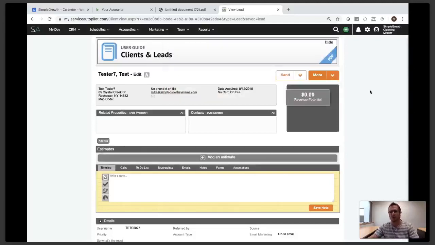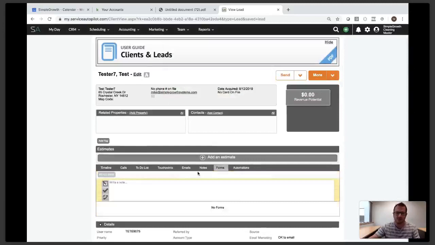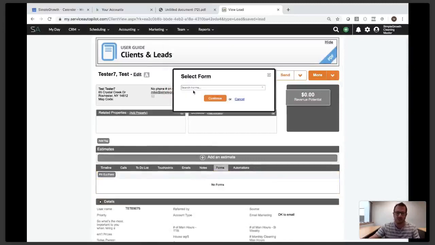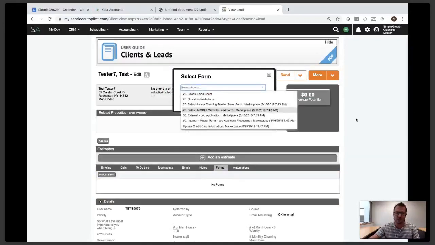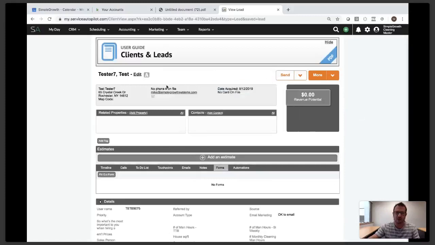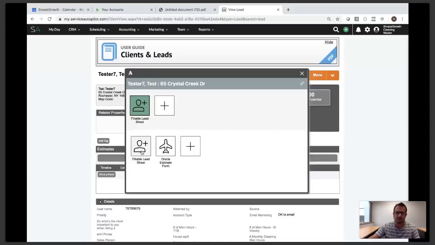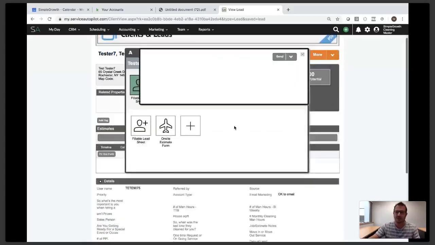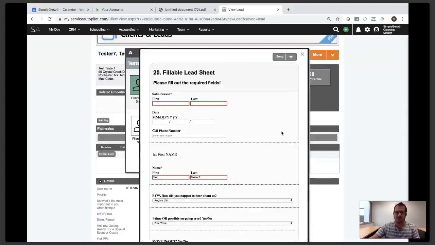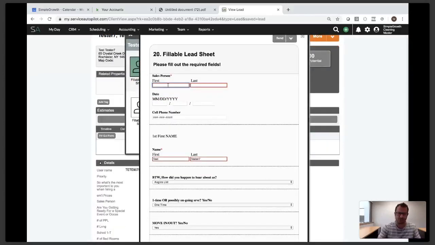So what we're going to do is now that we've got a lead, we're going up to the A for auto assist, or going to forms, clicking fill out form, and finding the 20 dot fillable lead sheet. I'm going to show you the workflow off the auto assist because that's where most people will be with automations. Click at fillable lead sheet. Your version may be a little bit different to this, but basically what's going to happen is we'd fill in the salesperson. So that is going to be me, the date,